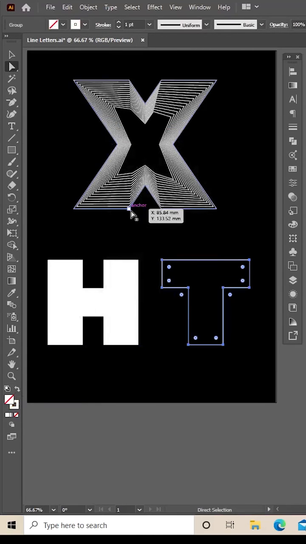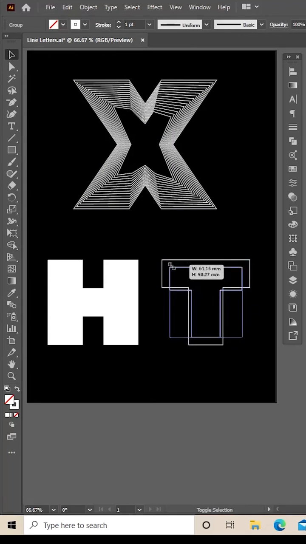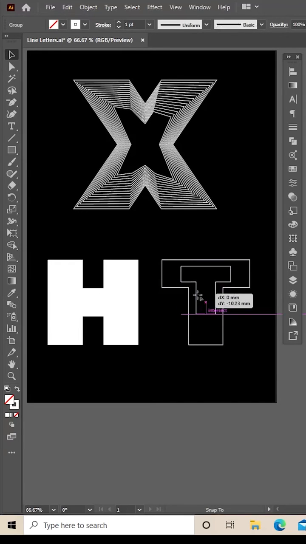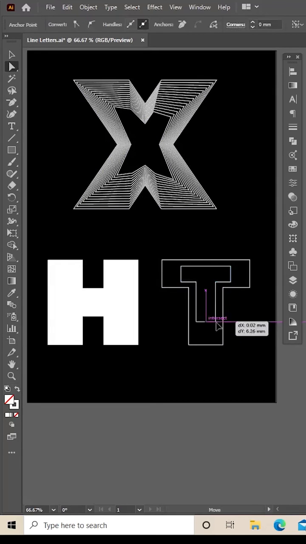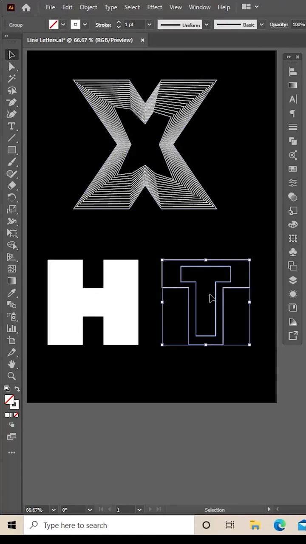the fill to a stroke and Ctrl and C and Ctrl and F. But what you'll notice on this one is the inside stroke doesn't quite fit inside, so you need to manipulate this. So I'm going to move it up a little bit. Then with my direct selection tool, choose the bottom 2 points there and just drag them down, and then again